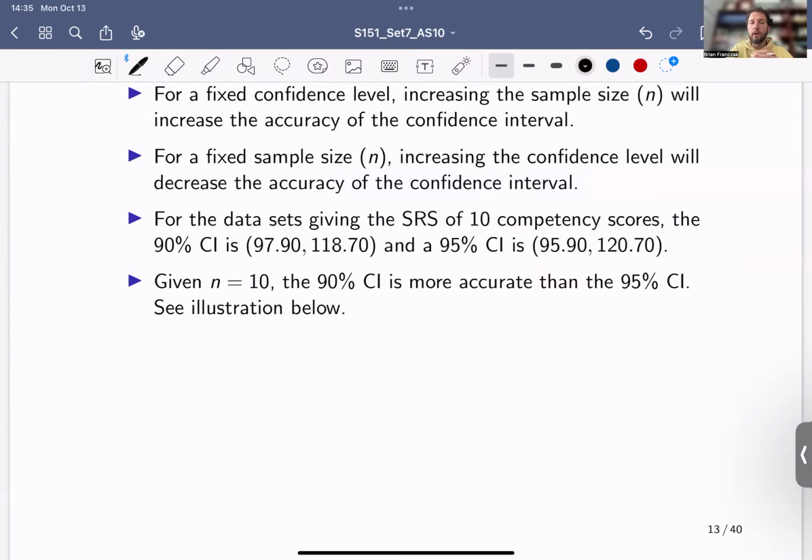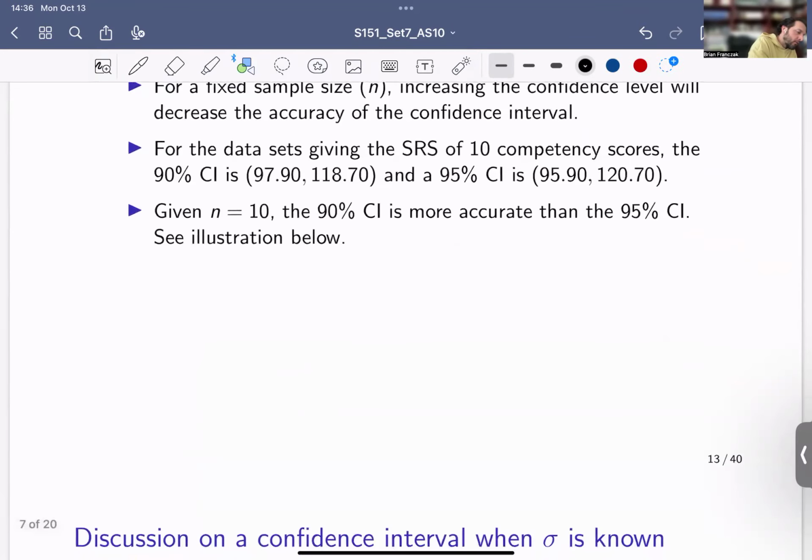Right, so to just wrap our minds around this idea of accuracy, let's suppose that for that previous illustration, we have our 95% interval, 95.9 to 120.7. So I've just rounded to 2 decimal places here. This is the same interval we just computed. And then we have the 90% interval, which is 97.9 to 118.7. So what we can see is that for a fixed sample size of 10, the 95% interval, which is a higher confidence level than the 90%, is a wider interval. Right? And we can actually visualize this really easily. So if we draw a vertical